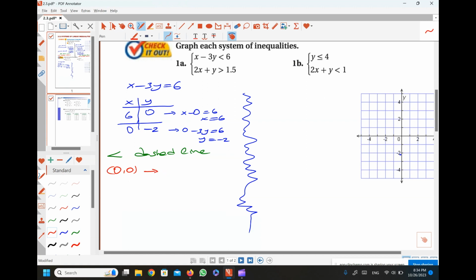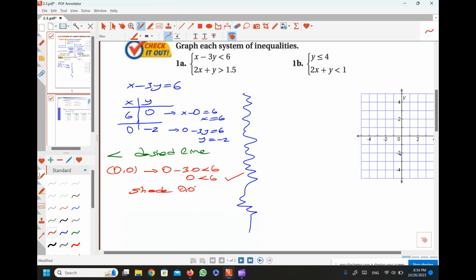So 0 for x, 0 for y. Substitute 0 in place of x, substitute 0 in place of y, and see if it satisfies. You have 0 on the left, 6 on the right. 0 is less than 6, which is correct. Since that's correct, we shade